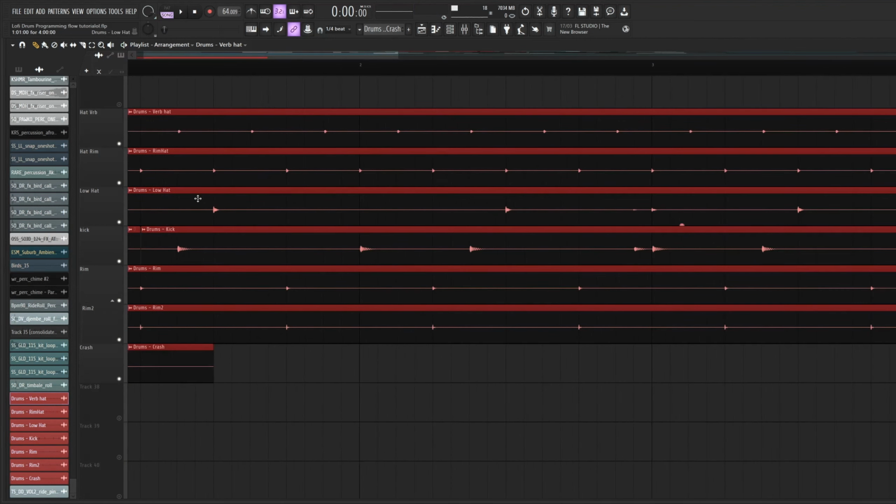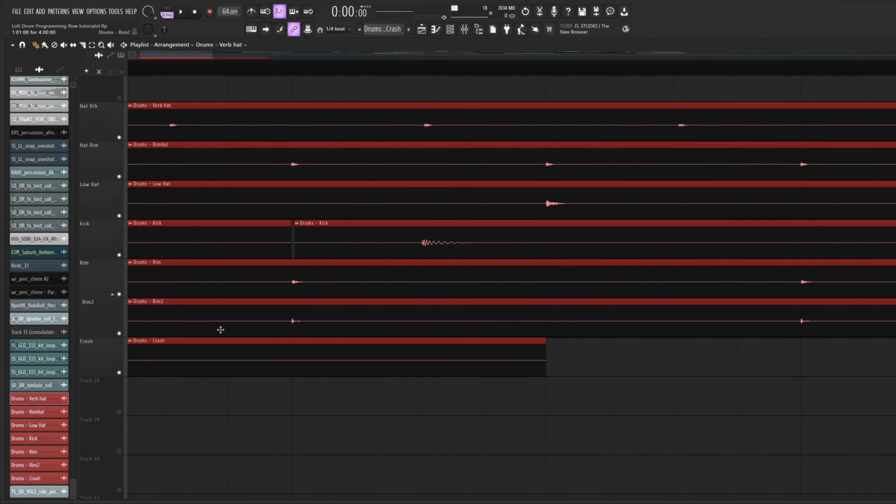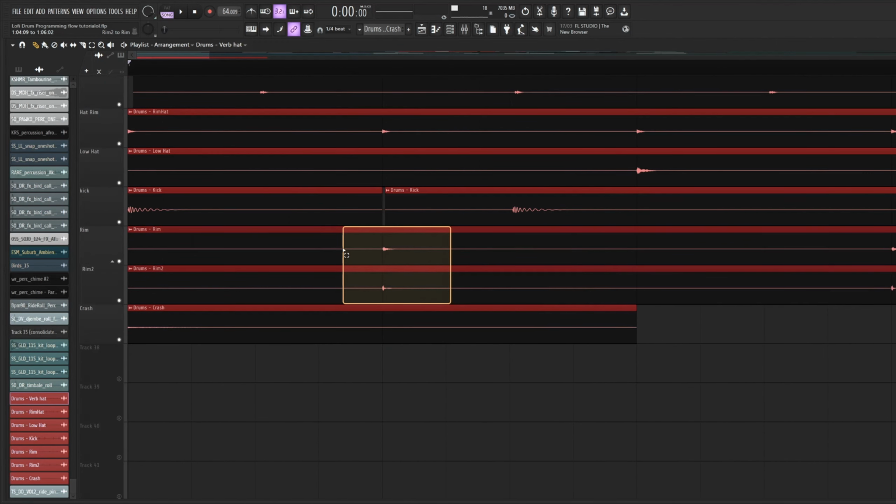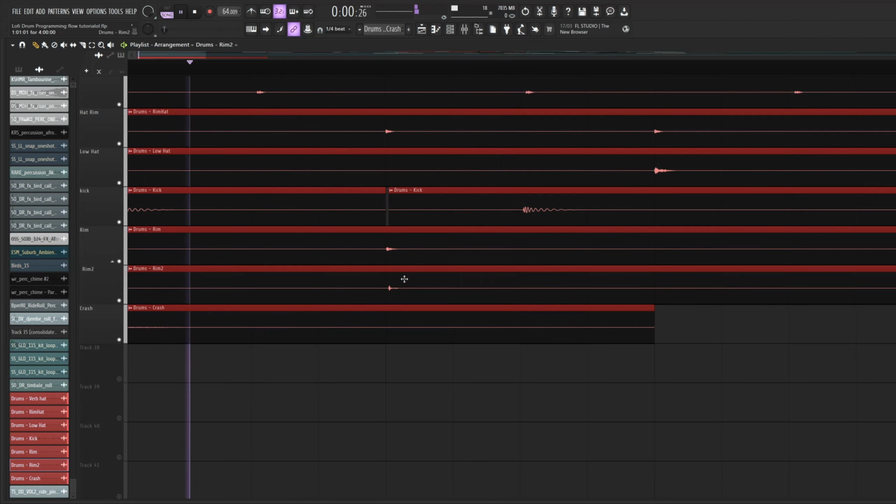This is fine. What else can we do? We can play with the rim, for example. We have a layered rim down here. We can slightly adjust this rim right here. And now